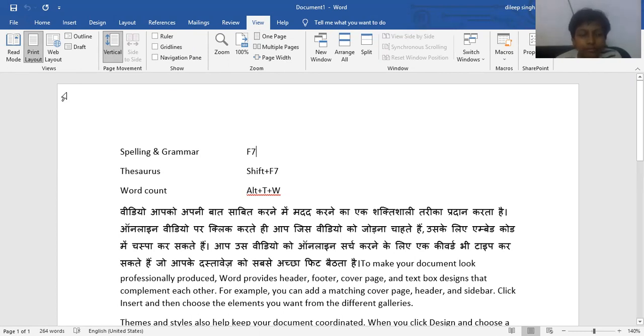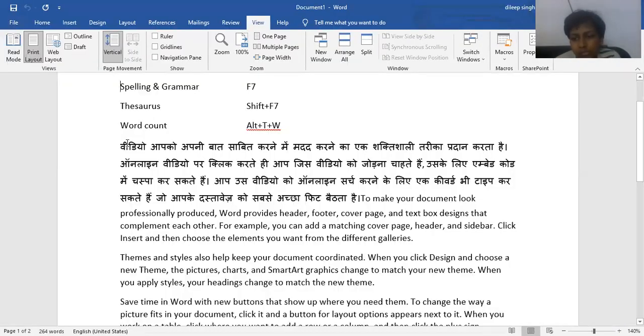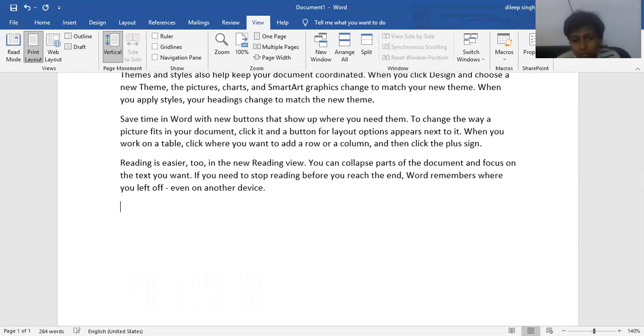Let's start. Firstly, when you click on the reading mode, it will show like a book. You can read like a book and just press the right arrow to move from one page to another. If you have only 2 pages, it will not move. If you have more than 2 pages, it will move like a book.